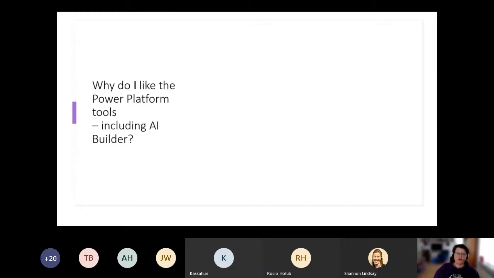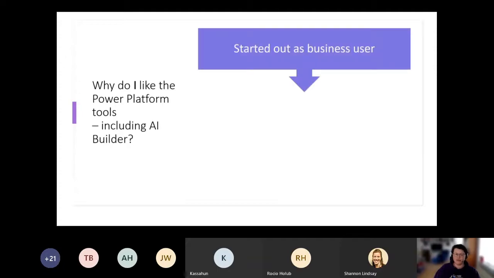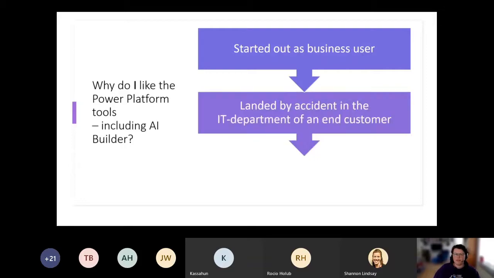So before I go further into AI Builder, I'd like to tell you why I like the Power Platform so much, and AI Builder included. Well, I started out as a business user, so I didn't have schooling in IT. I just worked at a department as an office clerk or some administrative job. And I landed by accident in the IT department of an end customer.